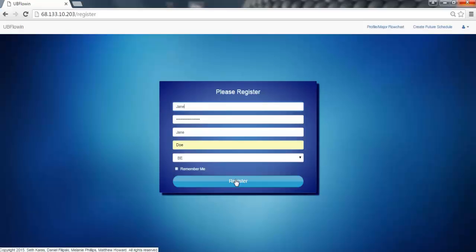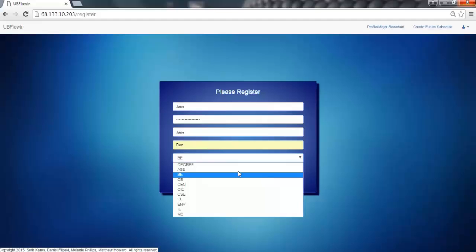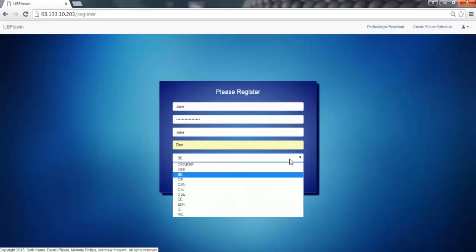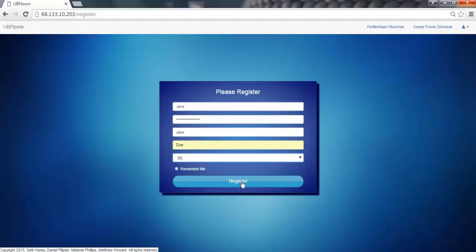Let's go ahead and create a Jane Doe user, and we're going to add a different degree this time. Prior, we've been just using computer engineering, and all that was hard-coded. So we have 10 more degrees available that are not hard-coded, but have been scraped and parsed from the web into our database. So we're going to go ahead with a biomedical engineering degree, and once we register, you'll see